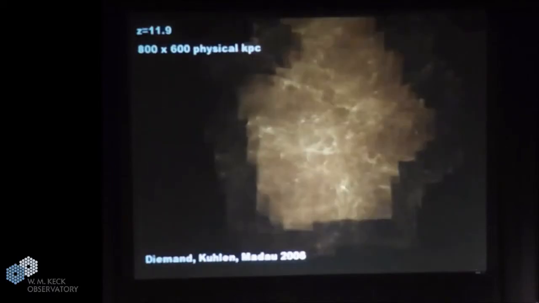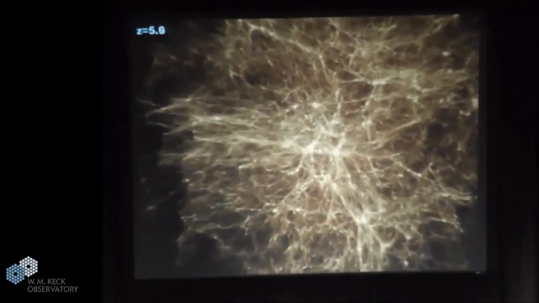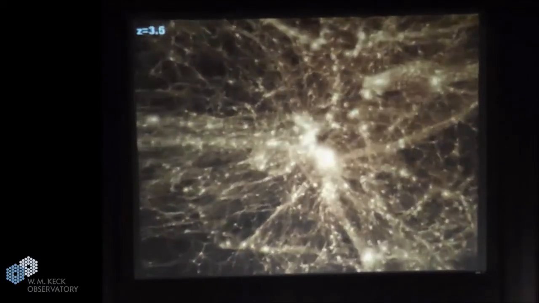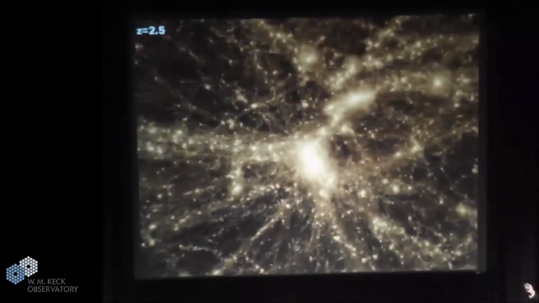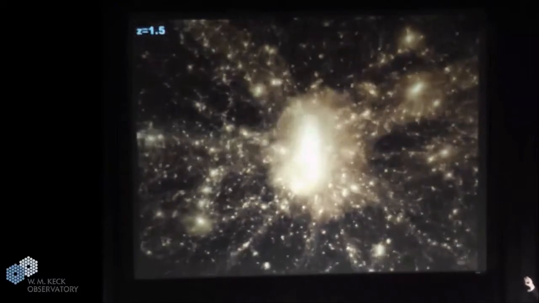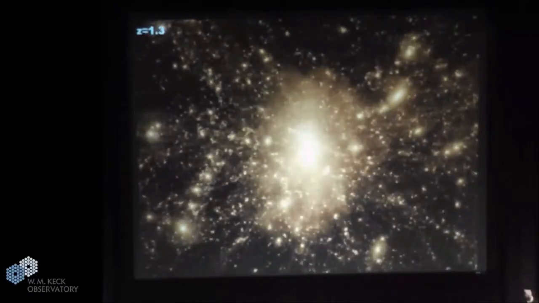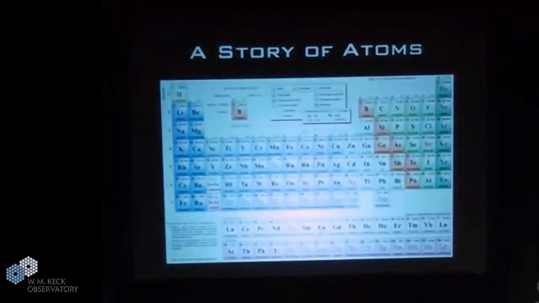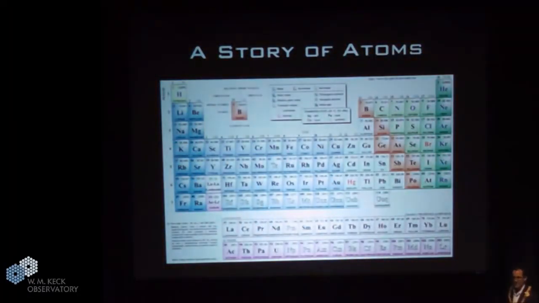So I'll just play that one more time. As you can see, it gets quite messy. But what I can tell you is the vast majority of the gas and the atoms that we saw in that initial configuration have long been destroyed. So this is a story of atoms,